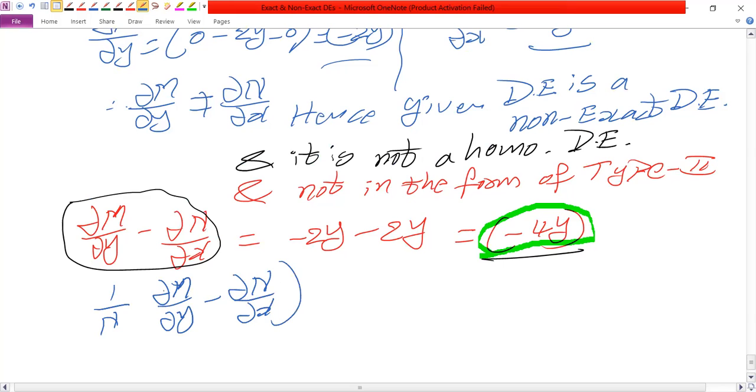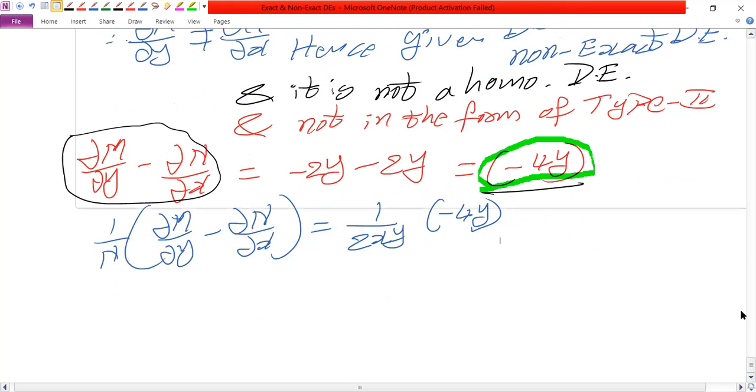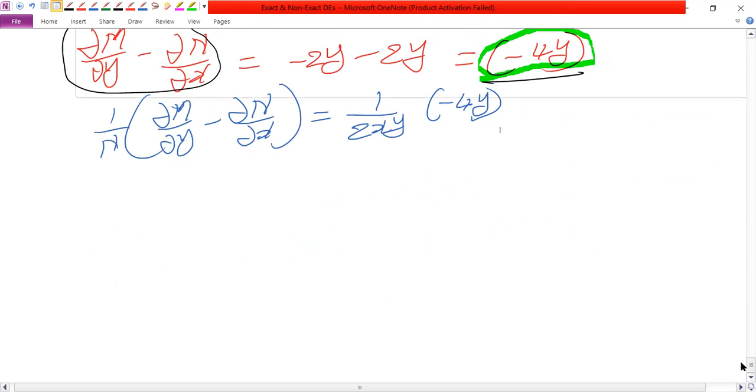If I take this, 1 by n value is 2xy. Yes, sir. 2xy into (∂m/∂y minus ∂n/∂x) is minus 4y. If we observe this and do the cancellation, we are going to get minus 2 by x. Now check according to our discussion: 1 by n into (∂m/∂y minus ∂n/∂x)